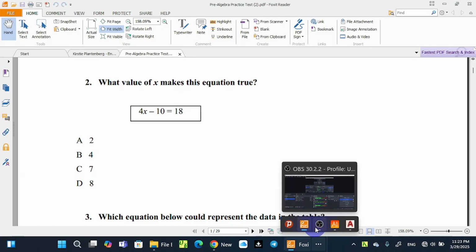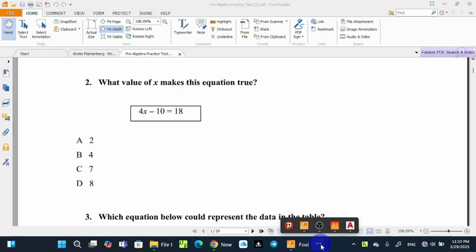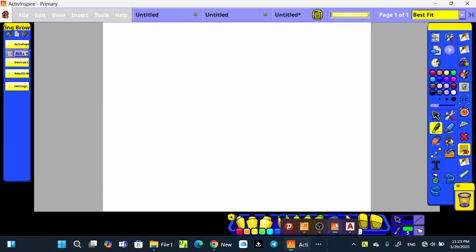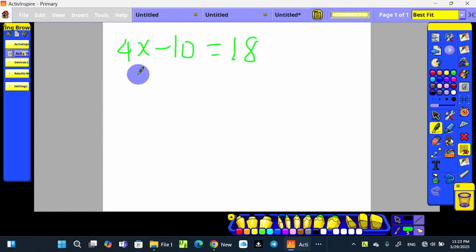4x minus 10 is equal to 80. 4x minus 10 is equal to 18. Solve for x. ስለዚህ ምንድነው x ፈልጉ ነው ኢኩዌሽን ላይ የተባለው።